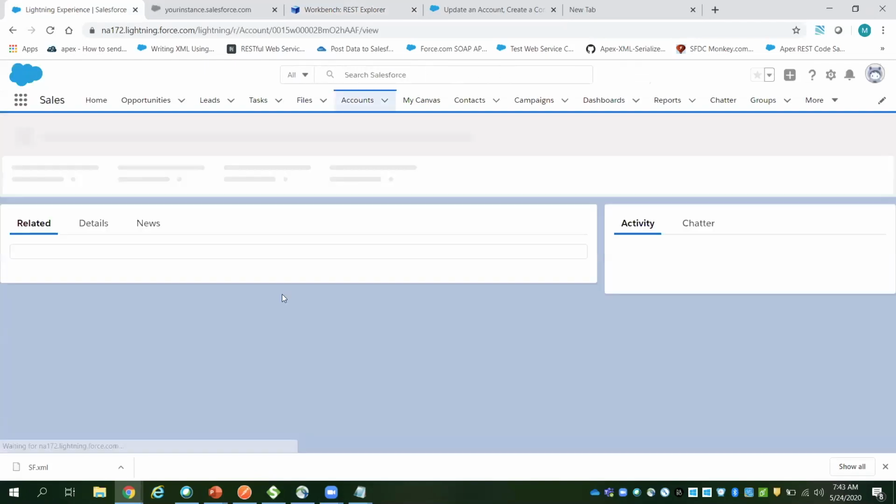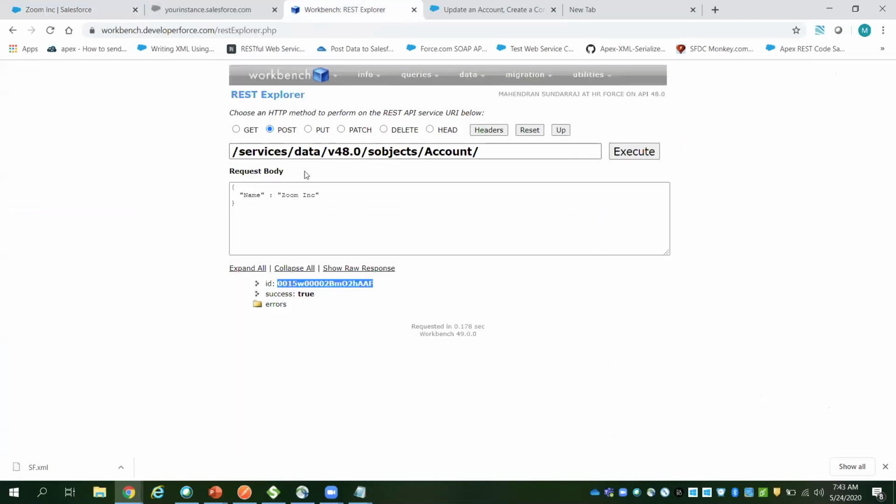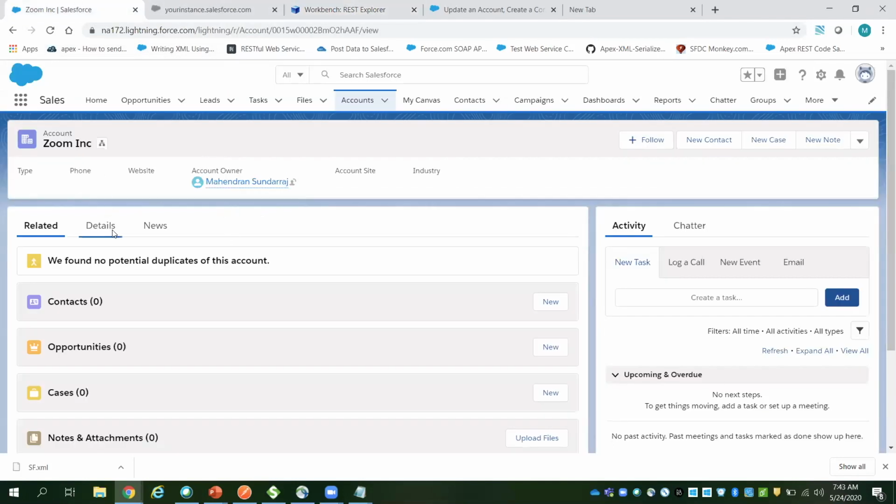So if you see here, I created Zoom Inc. The takeaway message is, here is the endpoint URL. When you use Postman, you have to give the complete URL. When you use Workbench, I'm giving only the services part because it is taking the same session. So here is the JSON protocol. I'm sending the request and getting the response. It created Zoom automatically.